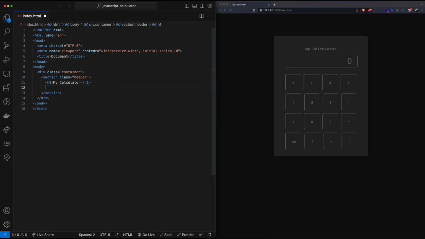Great. Right under that h1 we can add an input, and we can have it as a text. The name is not really important, but the ID is. For the ID, we're going to call it display. So this is going to be the My Calculator h1 and then the input for the display. All right, right after that section, you can create another section